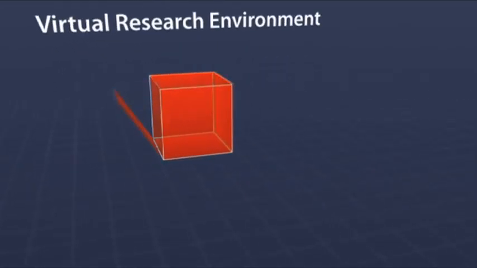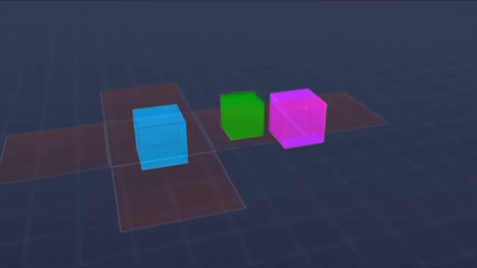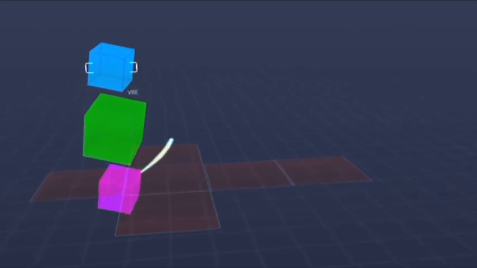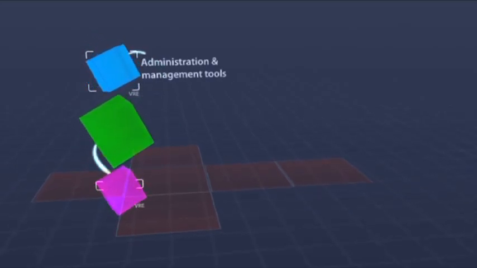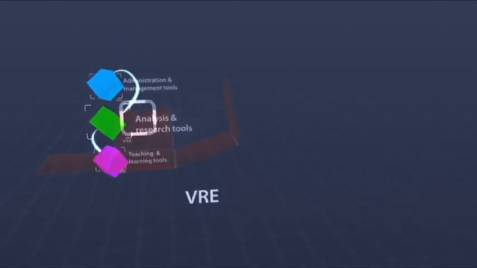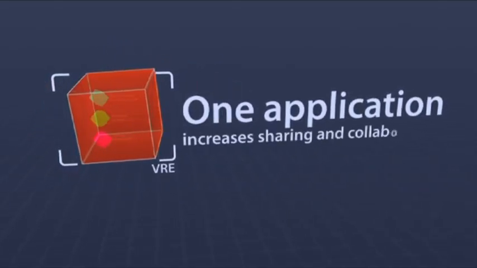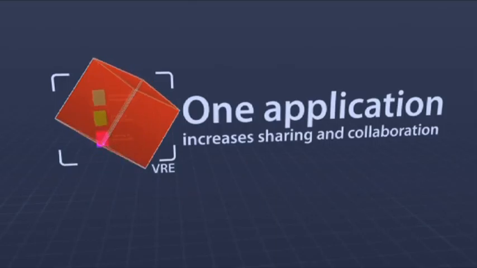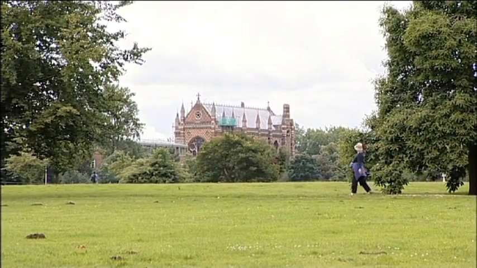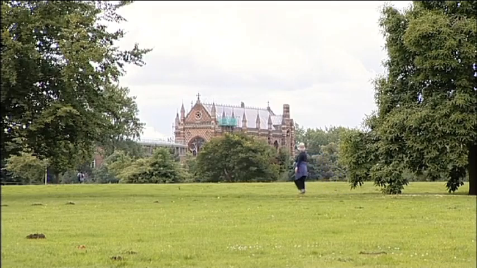VREs, however, offer an extra dimension of functionality and tools and allow users to really begin to engage with and collaborate in the collection and exchange of their data by giving the end user the capacity for analysis and cross-communication, all within one application. In Oxford, IBVRE, the Integrative Biology VRE project team, sought to build a VRE demonstrator to